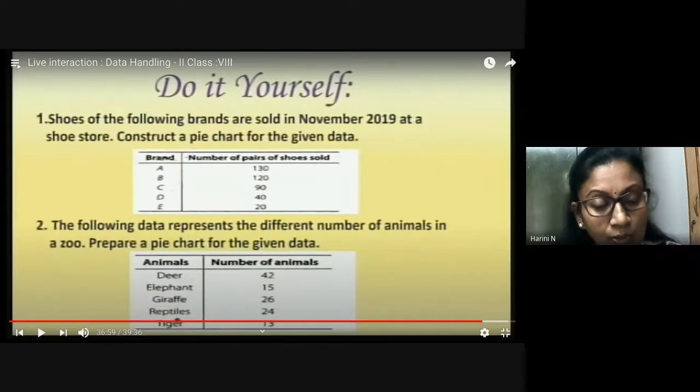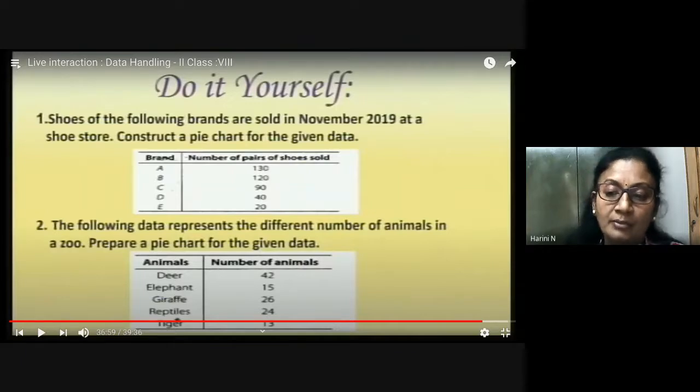So total is very important. Without the total, we cannot start the pie chart. So if the total is not already given in the problem, you require to find the total before you proceed to make the column on the fractions. Because when making the fraction, the denominator must always be the total. If the total is in the problem, well and good. Otherwise, you have to do the totaling and get it for the denominator. Is that clear?